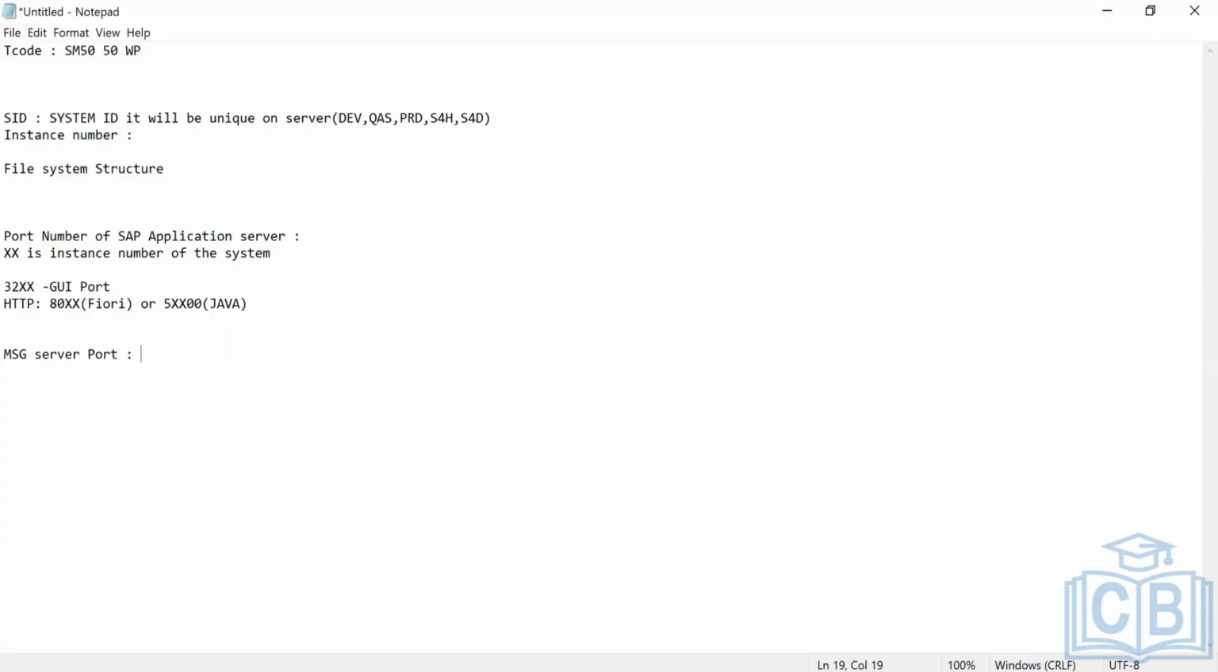It cannot be 1 only or 2 only. The message server port is used to interact with the application server, as 36 plus the instance number. Here, the instance number is of